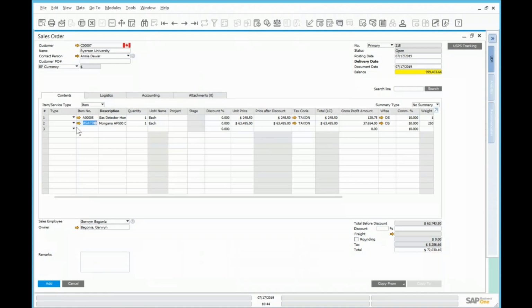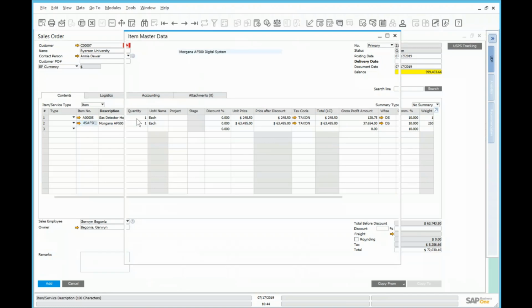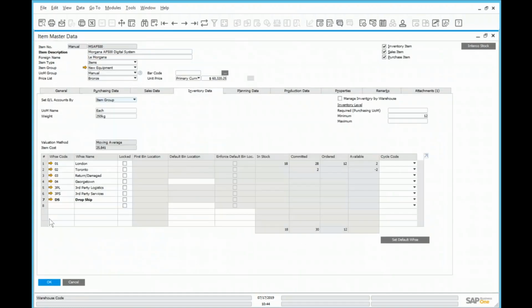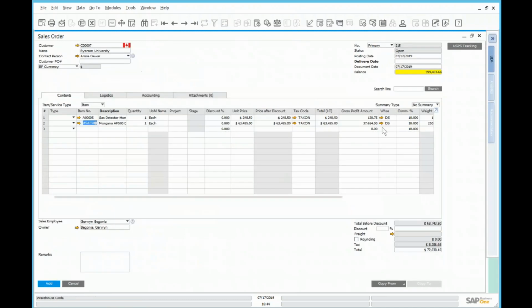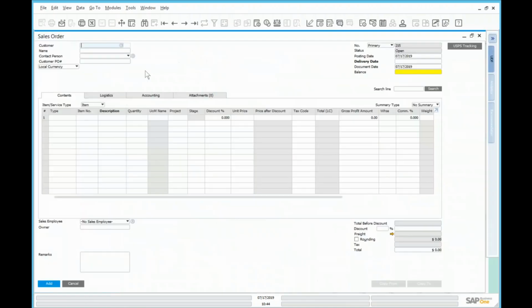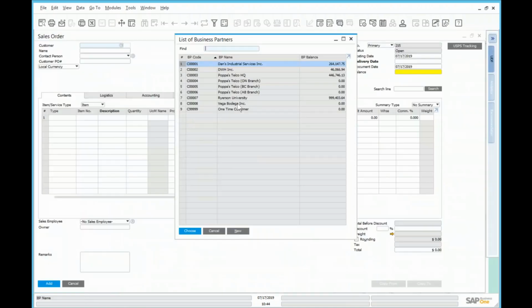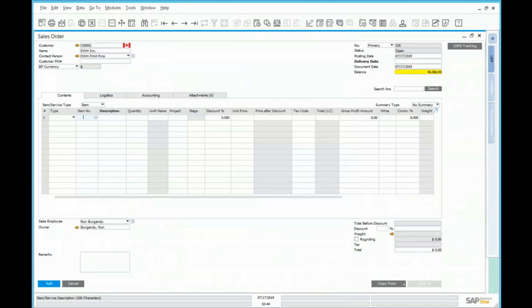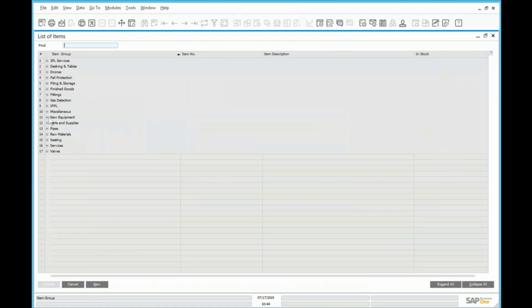You can see, because we set the default warehouse for this item to be dropship, it's automatically selecting this warehouse, and that's going to happen for any customer that we choose, right? So if I created another sales order for a different customer, let's say DWH Inc., and I select the same item,